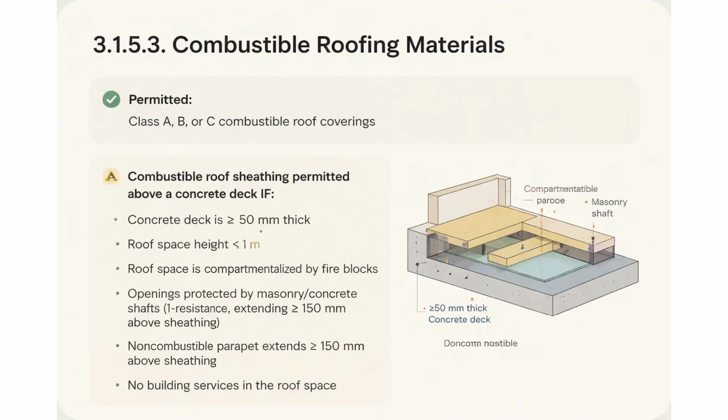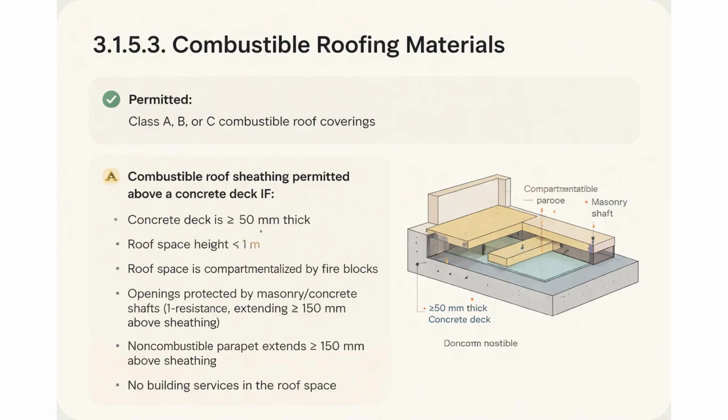Article 3.1.5.3 allows Class A, B, or C combustible roof coverings. You can even use combustible roof sheathing above a concrete deck, but only under very strict conditions. The concrete deck must be at least 50 millimeters thick, and the concealed roof space cannot be higher than 1 meter. Furthermore, this space must be divided by fire blocks, have protected openings, feature a non-combustible perimeter parapet, and contain